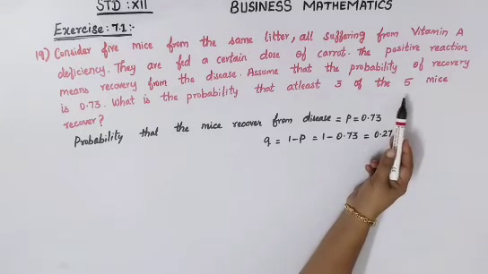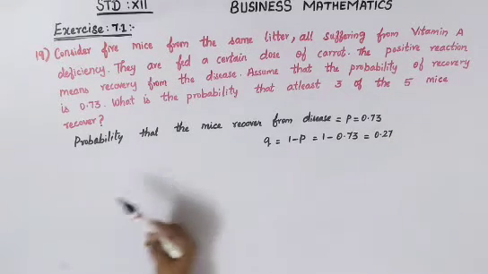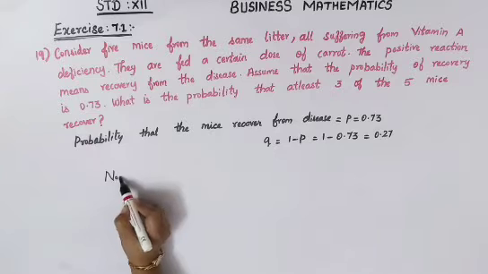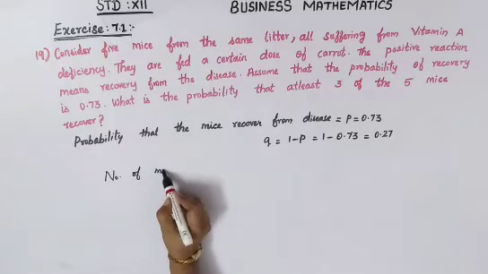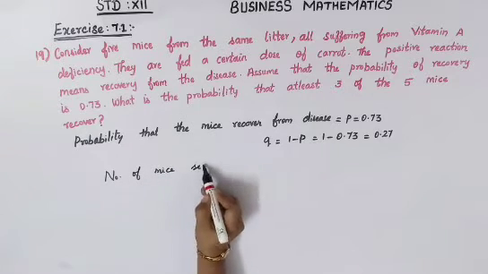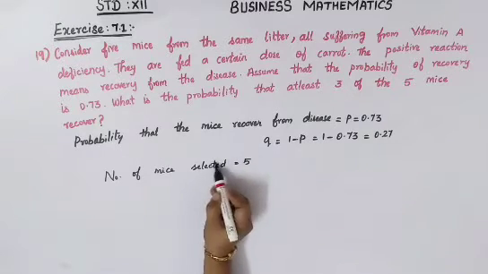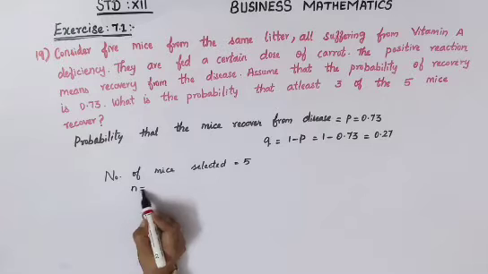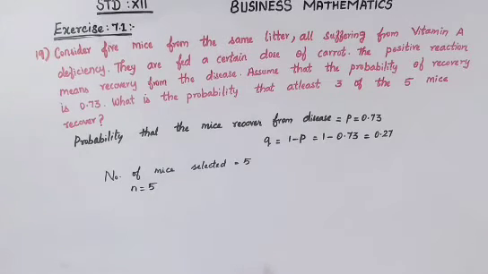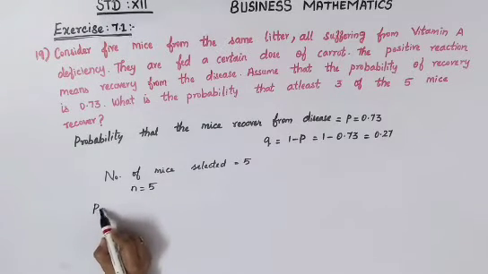The number of mice is given, 5 mice is given for consideration. So we just take it as the number of mice selected is 5 mice. Okay, so n is equal to 5 we can declare. Now the probability distribution is